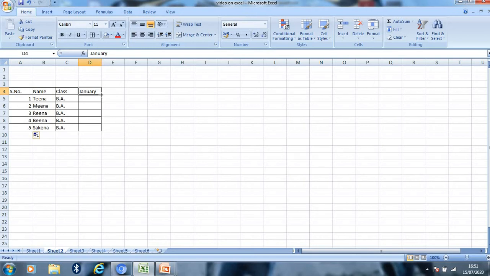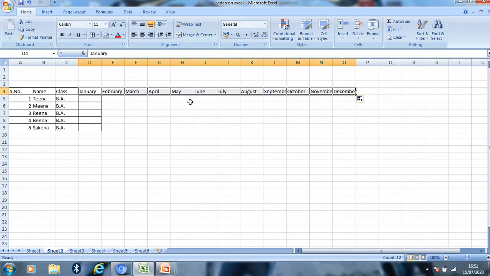Likewise, put the cursor on the bottom right corner of the cell and then press the left button of your mouse and then drag it till the month you want to fill. Like I want to fill till December. So it will get filled automatically.